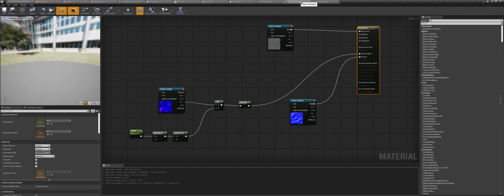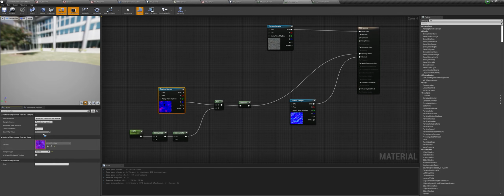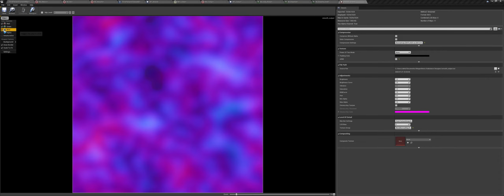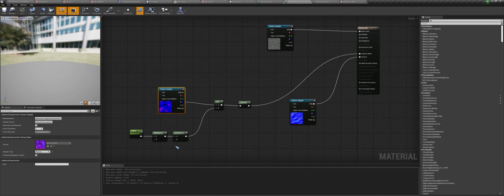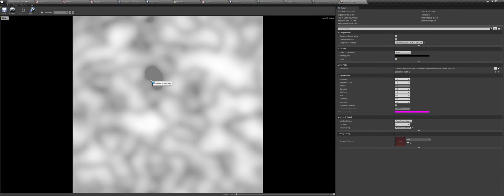So what's happening here is that in the blue channel of this texture, you can see a texture like this. Here, some of these values are like 0.5, 0.2, etc. And the white values are like 1. So when we are adding this alpha value to this, we are actually making the black values go from 0 to 1. And when we reduce the alpha, we will make the white values go from 1 to 0.